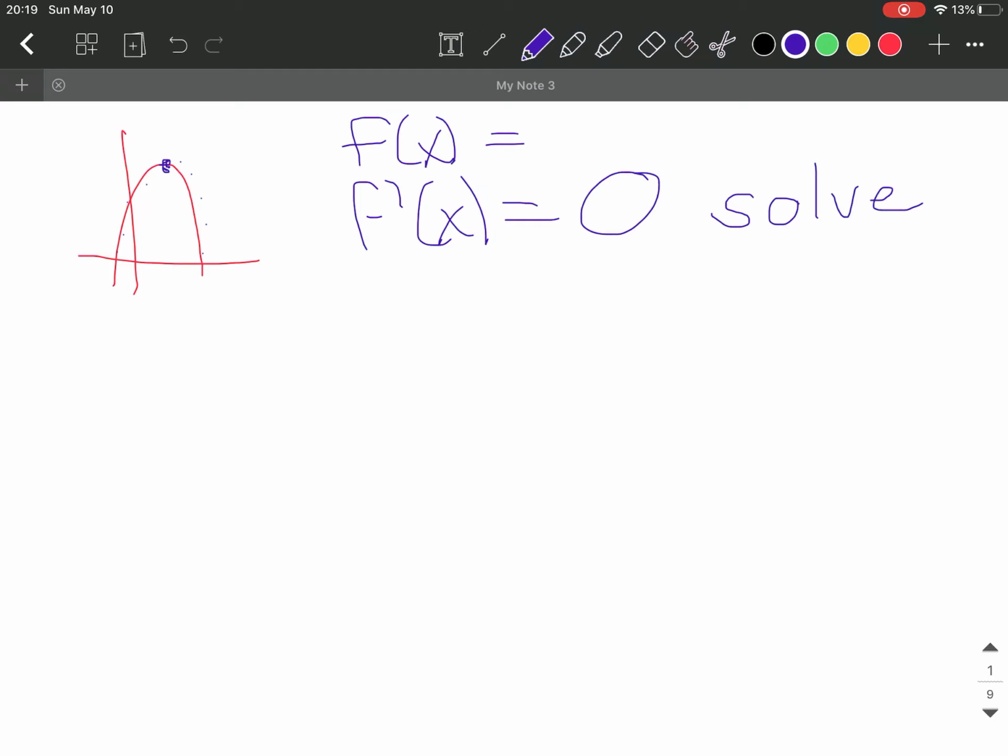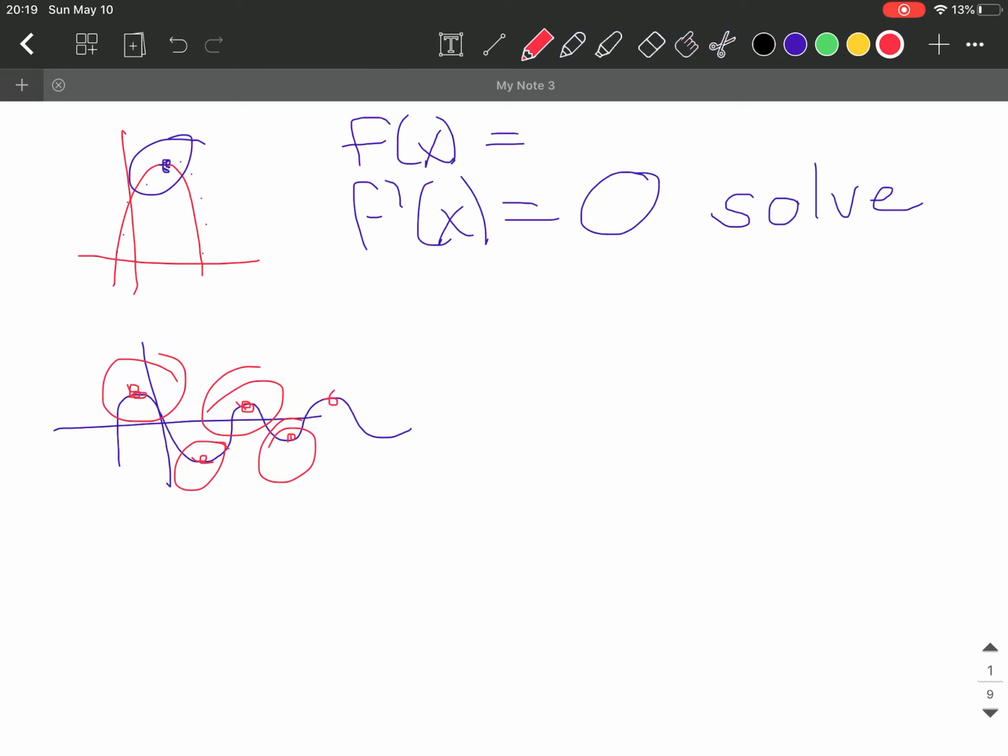If it's a parabola, or if you only got one maximum or minimum value, you automatically know that that would be your vertex. However, your graph could possibly look like this, and you could have many maximums or minimums, many different points where the derivative is 0. And in that specific case where you get more than one possibility, you would have to try them all out